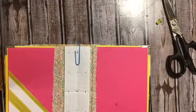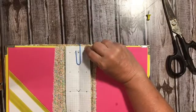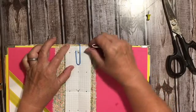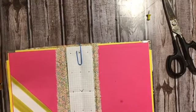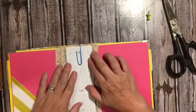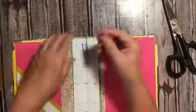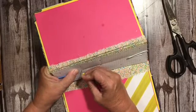I got my pokey tool. That's what my pokey tool of choice is. Okay, I need to come over because remember I cut off that little slice, so I've got to put this in the center here. Okay. So we're centered. We're centered. Yeah. Okay, so using the pokey tool, I'm going to go ahead and poke through